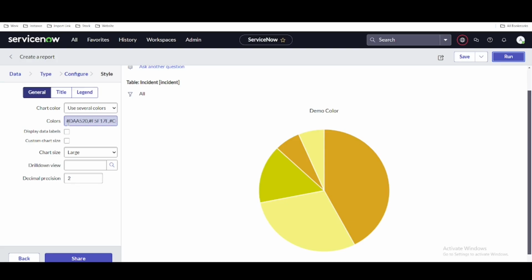And if your customer needs to change the color, so yes, you can use and you have options to change